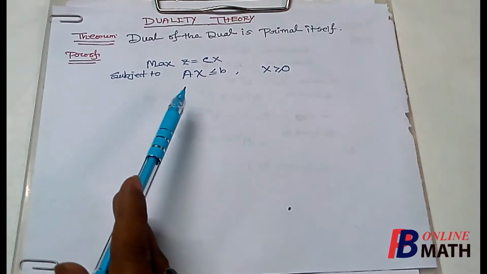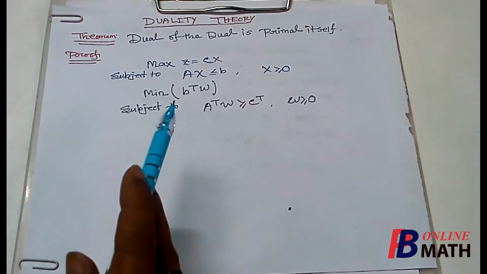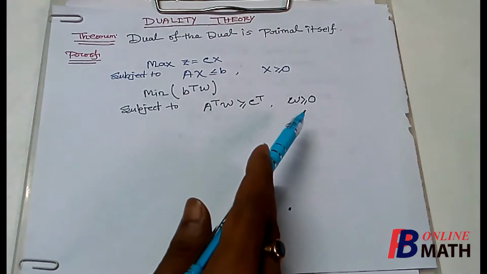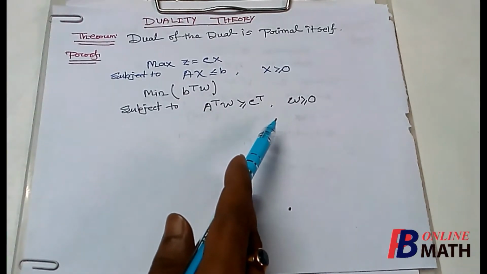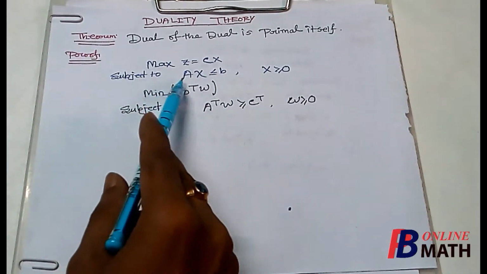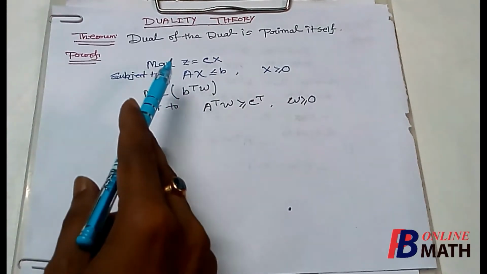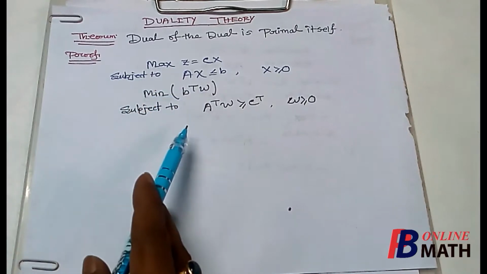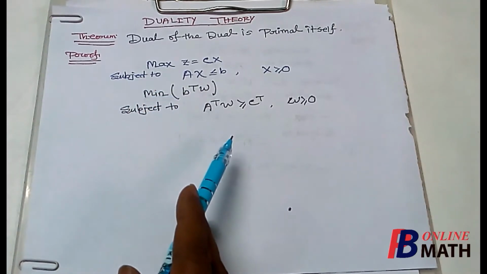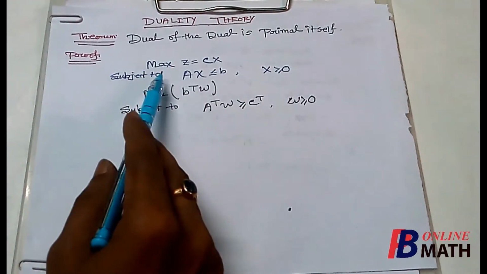So we have to find its dual first. If we compute its dual, then we know that its dual can be written as this, where omega greater or equal to 0 is the vector denoting the dual variables. And we know that the number of constraints in the primal problem is the number of variables in the dual, and the number of variables of the primal problem is equal to the number of constraints in the dual. So this is the required dual of this primal problem.